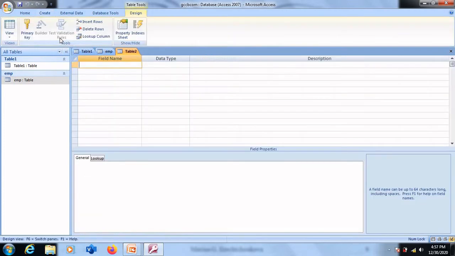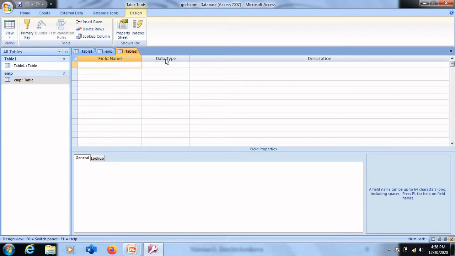Click on Table Design. This is called the field creation window, wherein we have three particular columns. First is the field name, a column heading, and for a particular field we'll have to specify what kind of data we need to select.